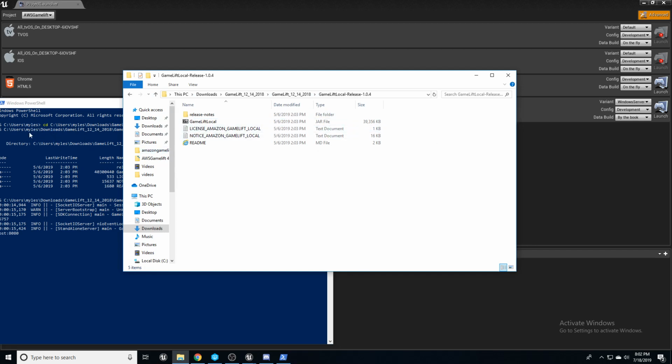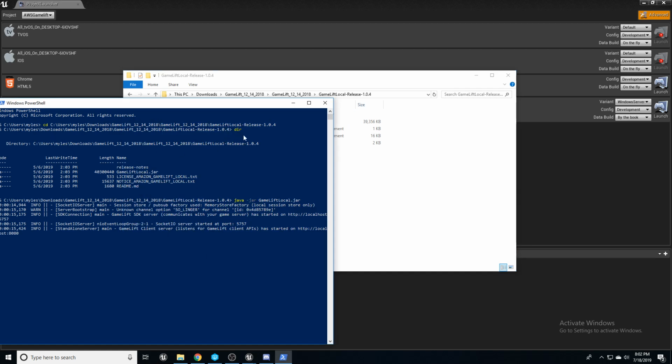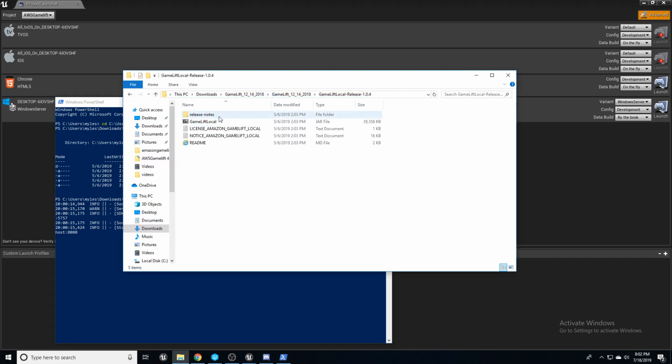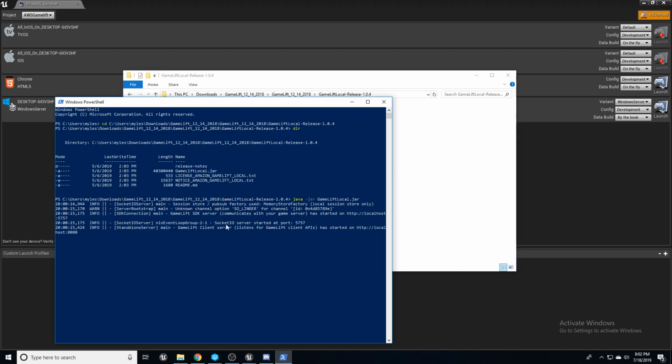Yeah, we're inside this folder. And then I pulled up my directory, made sure I was in the right place. I was, so here it's showing. And we're going to run that GameLift Local jar file. We're going to go ahead and run that. So you need to do java -jar GameLiftLocal.jar,